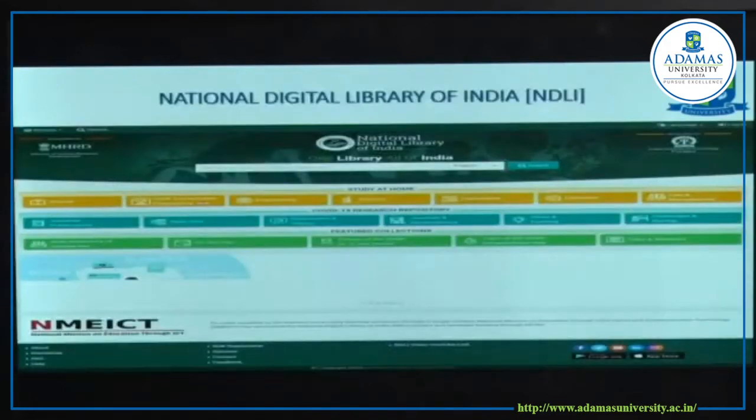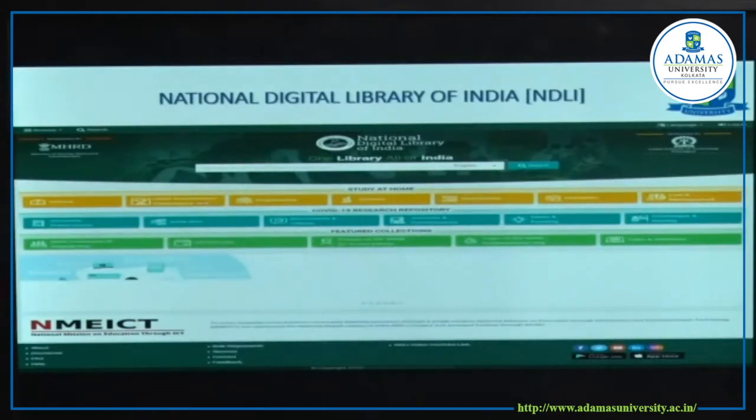I have time also. This is the National Digital Library of India. The National Digital Library of India, as you know, is one of the richest resources now, all over the world. It covers many things. It covers all the subject areas, starting from engineering, social science, law, management, everything. Pharmaceuticals, life science, biotechnology. So you will get many resources from this National Digital Library of India website. Okay, so you will get resources from many places. You just have to spend your time and concentrate on the portal.